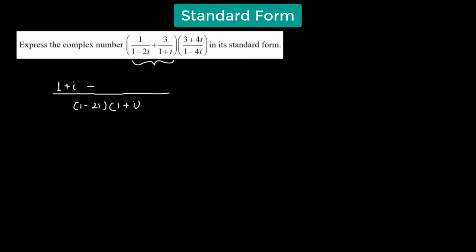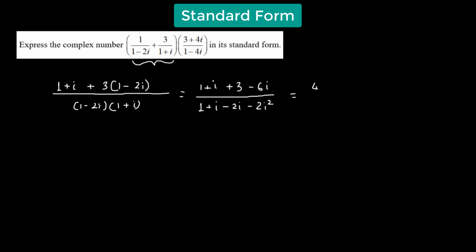And then we add it to the product of the other numbers in the diagonal, that will be 3 times 1 minus 2i. So that should give us 1 plus i plus 3 minus 6i. And in the denominator we have 1 times 1 plus i, negative 2i, negative 2i squared, which should give us